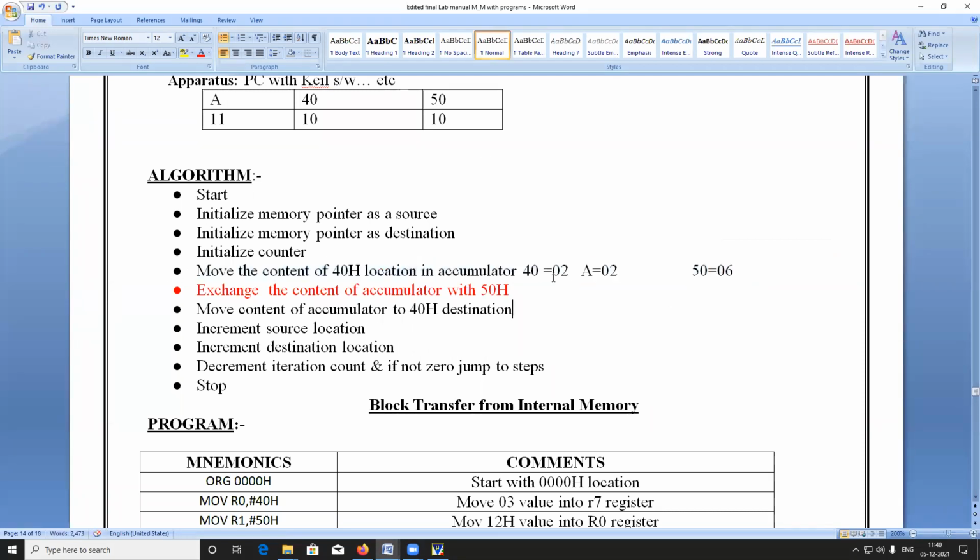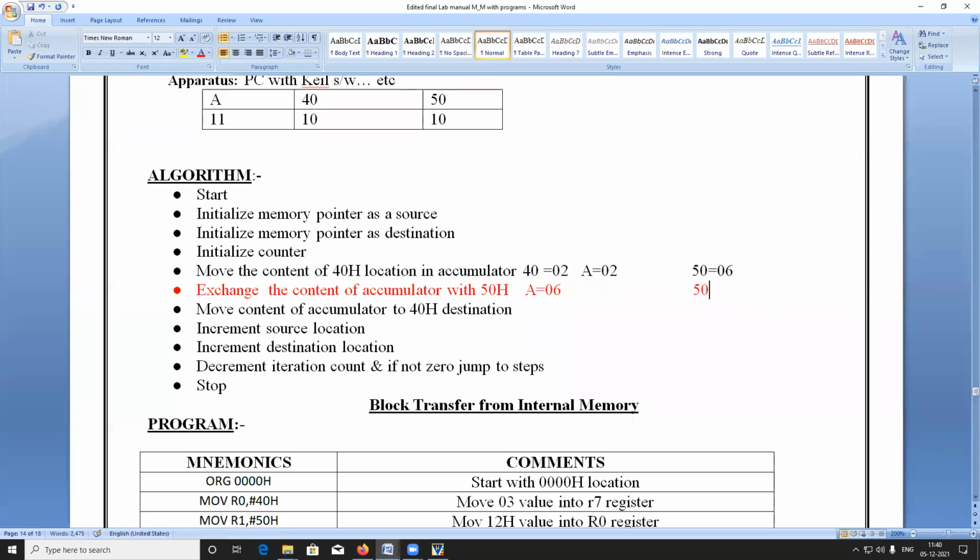First, location 40 contains the number 02, and this 02 is transferred to the accumulator, and 50H is the location where we have 06. After the red line, what will happen? The accumulator contains the value 02. The 02 value is replaced with 06, and the value at 50H is replaced with 02.